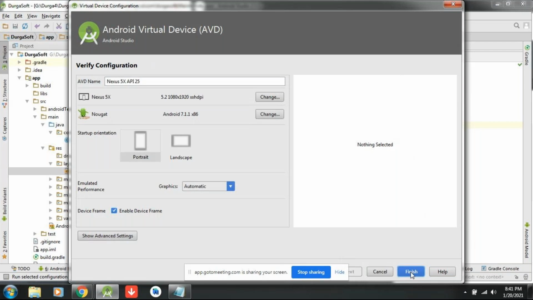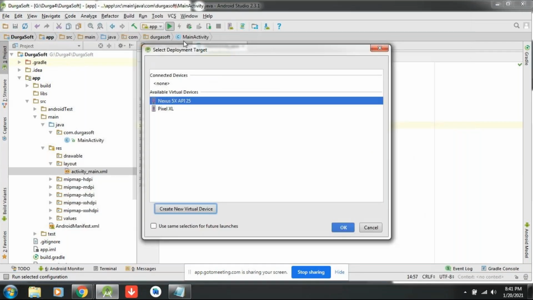Once it is done, the Android virtual device is created automatically on your PC when you install it. So this one I would like to launch.